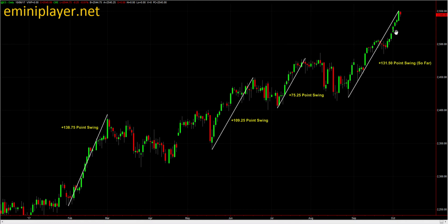On Friday, we saw a little bit of balancing take place, which is very normal given just how much the market has moved. But overall, the market actually held up really well on Friday. 41 quarter to 43 quarter was a fairly aggressive area of support, and the market ended up holding that aggressive area of support. So heading into Sunday's Globex session and the upcoming week, we know that the buyers overall